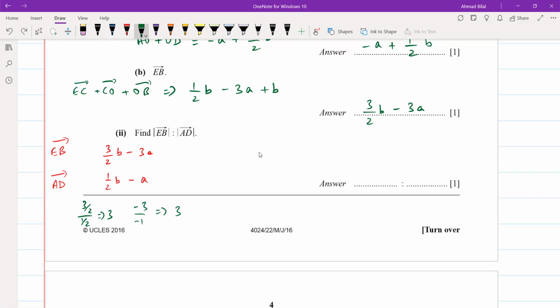तो इनकी ratio पे क्या बन जाएगी? 3:1। EB अगर 3 है तो AD 1 होना चाहिए। अच्छा, another way to think about this could have been, हम पहले vector में से 3 को common ले लेते हैं। अगर 3 into half B minus A, अब ये अंदर वाला vector तो exactly वही है AD, so that would have given us 3AD, right? तो इससे हमारे पास ये relationship आ गया that the vector EB is equal to 3 times the vector AD,